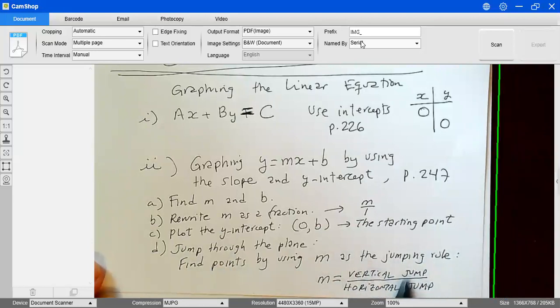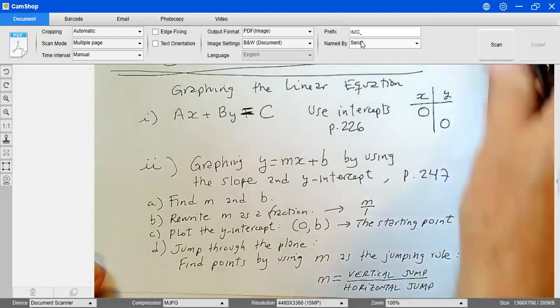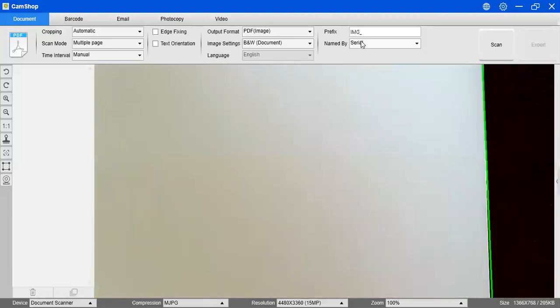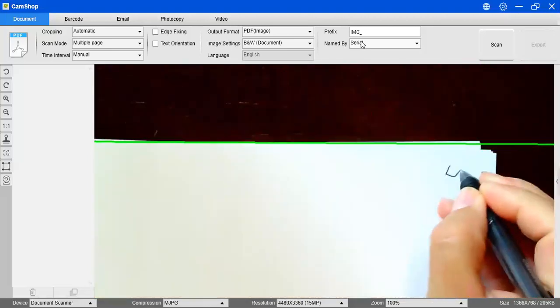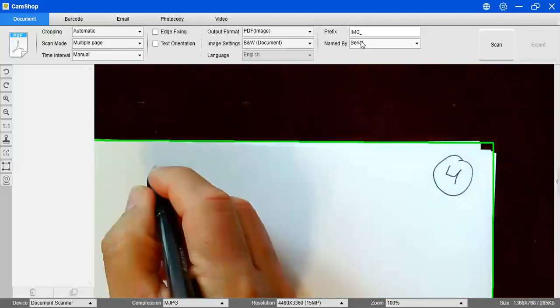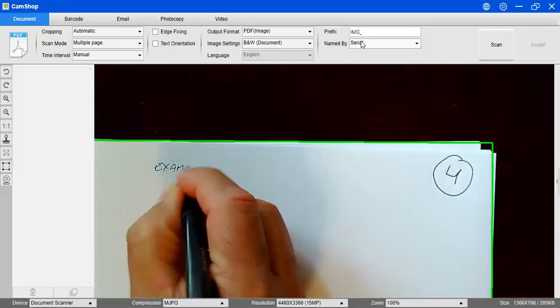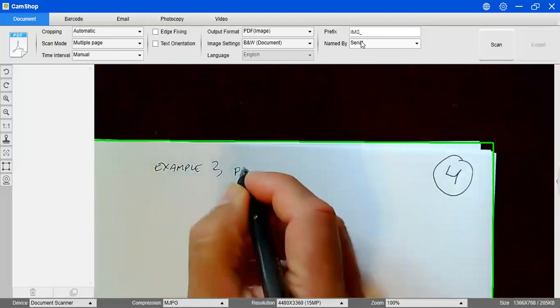So with this information, anytime that you finish these two jumps, you get a new point for your line. So you're going to see this now. I'm going to solve one problem by using this new method. So this is going to be example number 2 on page